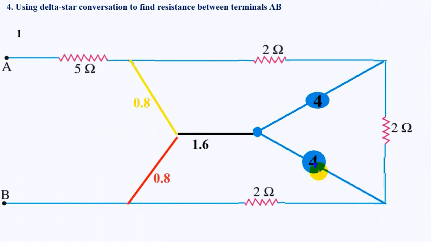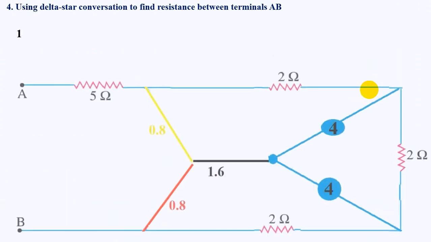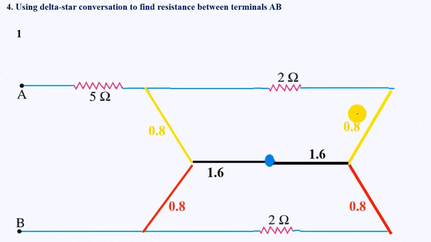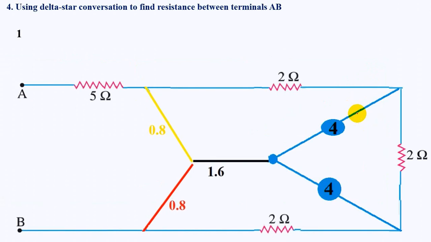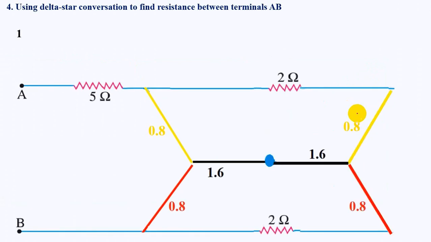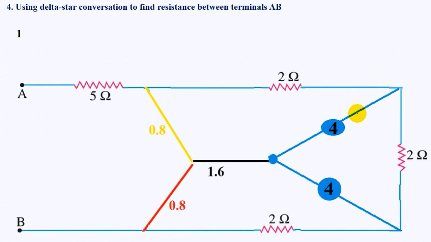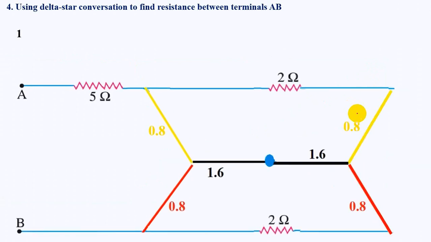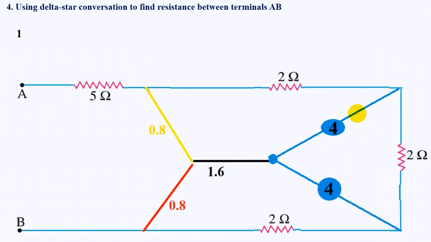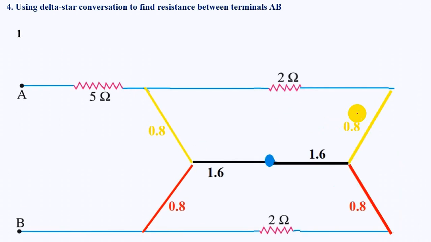And similarly, after that, let us do it for these three, respectively A, B, and C. After using the formulas, you get the answer as, what do you get? 1.6, 0.8 and 0.8. So we are converting delta to star. I repeat, you are converting delta to star. Which you have to retain, which you have to eliminate. Delta you have to eliminate, star you have to retain. From delta to star. Now what do you do?